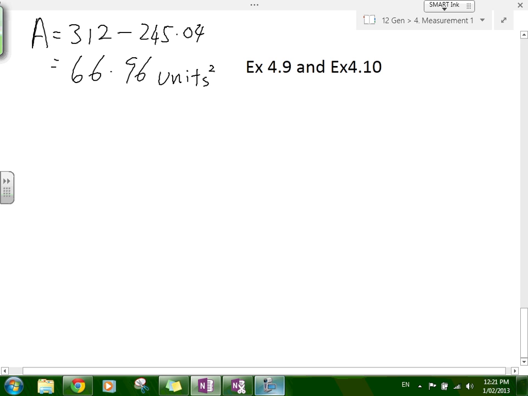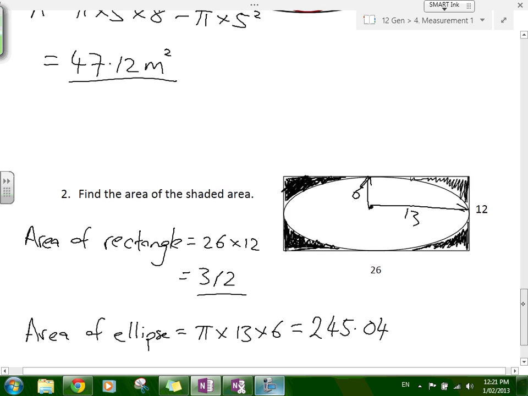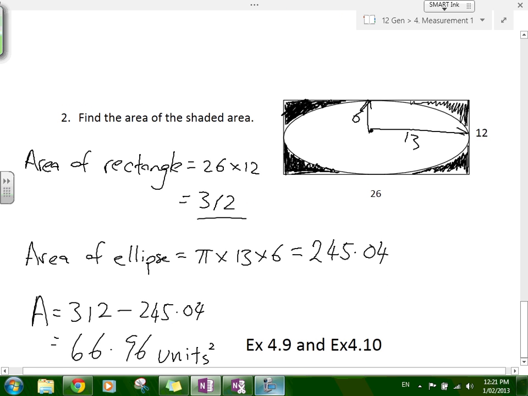That's the way that you work out the areas of all the different figures. Either you're going to be breaking them into compound shapes and adding them together, or working out what the larger one is and taking out the smaller ones. It just depends on what the question is and how you approach it. Alright, so exercise 4.9 and exercise 4.10 are the two